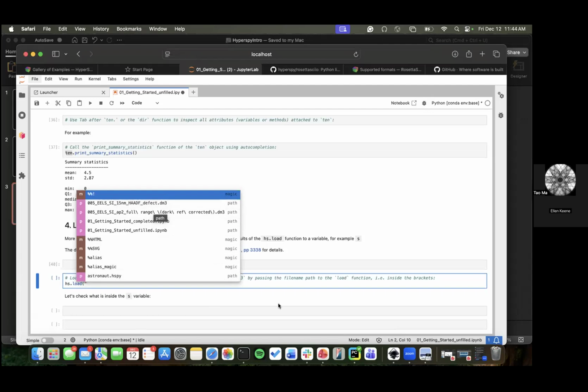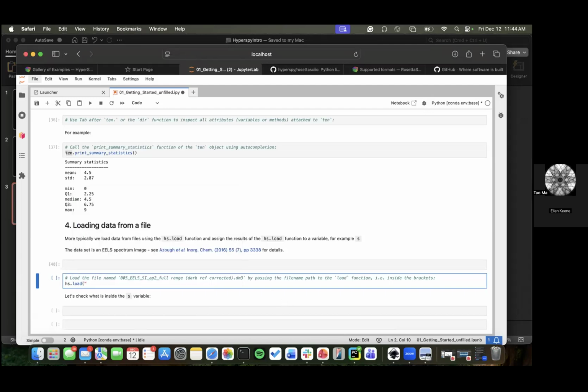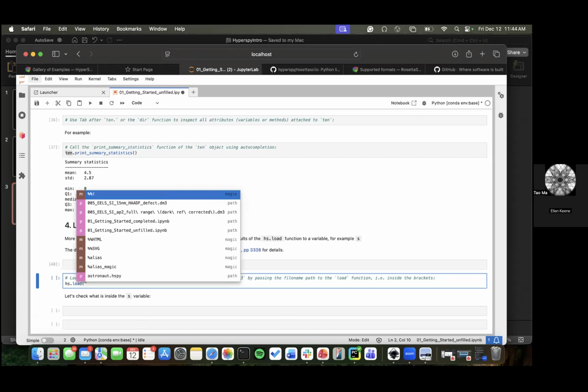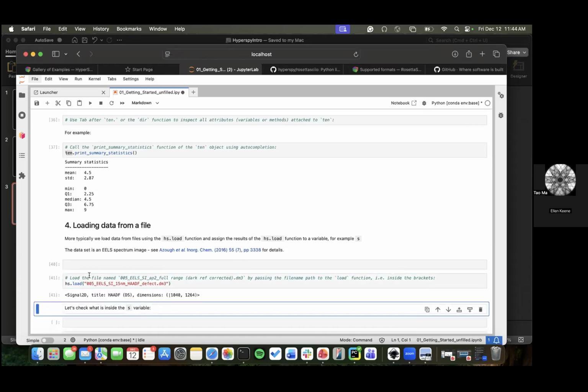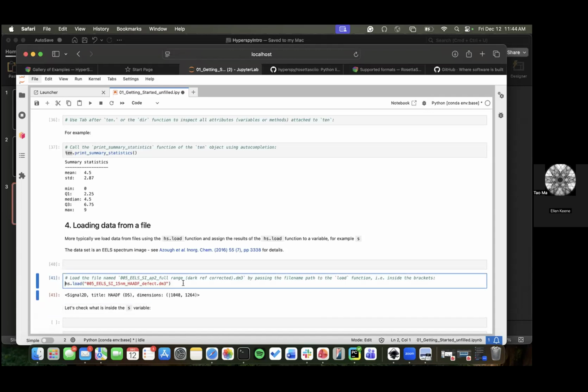And so here, if I start with this quotation mark, there's this tab function, and you can see the different paths. These are different files within my file system. So here we've got an EELS silicon 15 DM3. And if I call this hs.load, it will load that data set. So if I call this my silicon HADF,